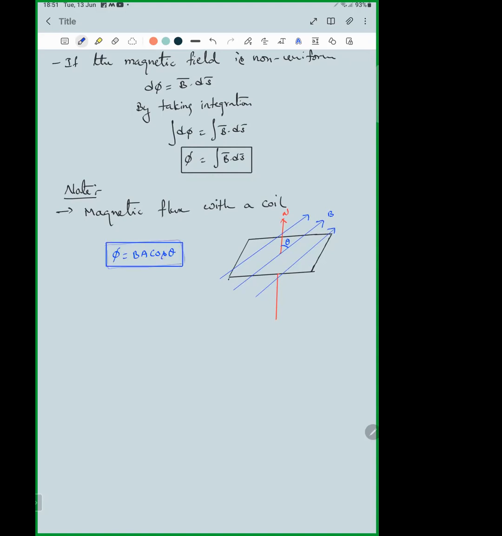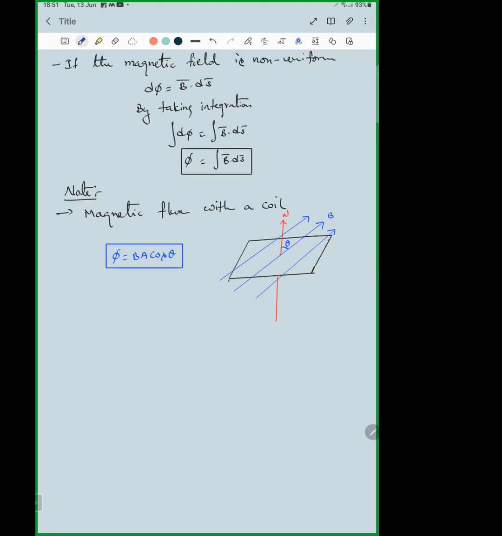In the first case, the normal makes an angle theta with the magnetic field. In the next case, if the plane of the coil is parallel to B,